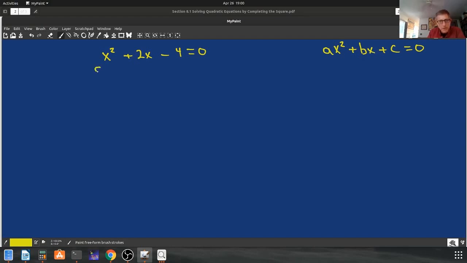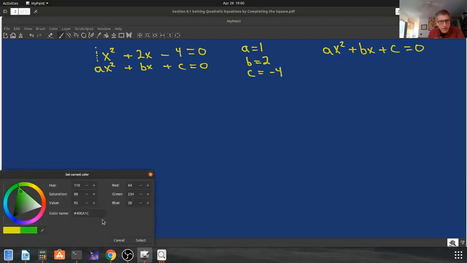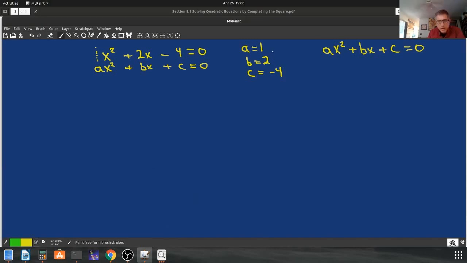So for right now, I'm just going to write that general formula right underneath what I have. And that allows me to identify a is equal to 1, because this has an unspoken, unwritten coefficient of 1. B is equal to 2. And C is equal to minus 4. As it turns out, of those three values right there, the only one we need to complete the square is